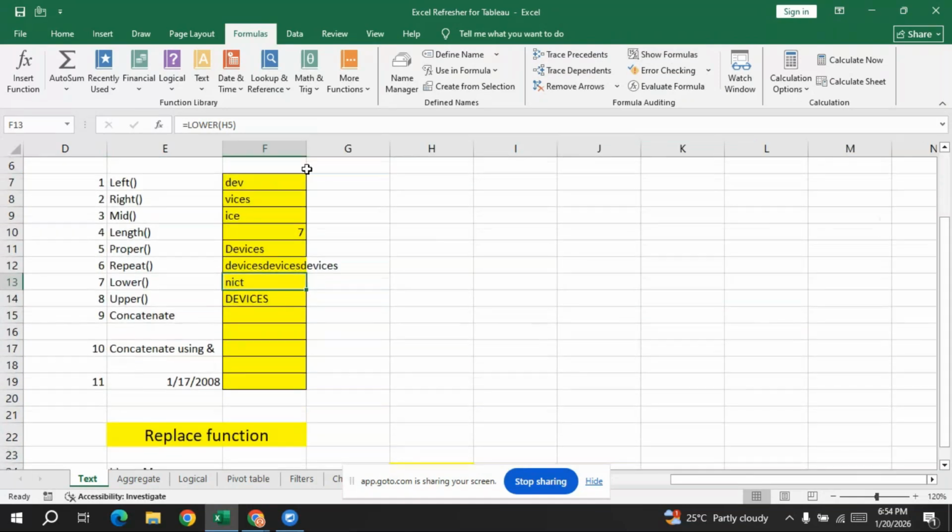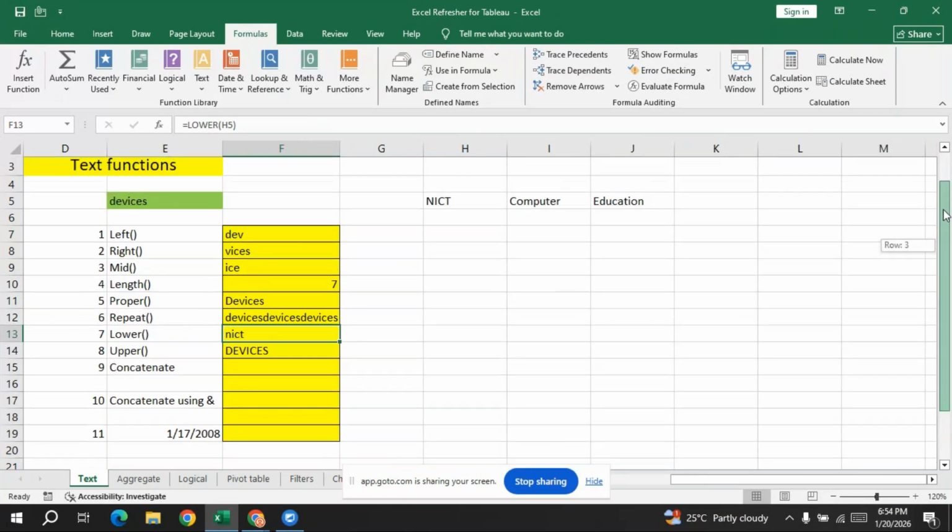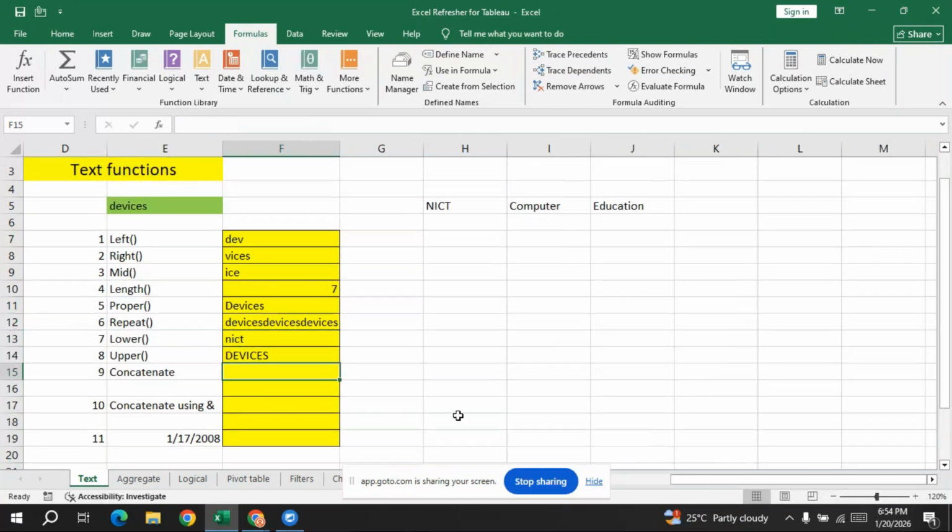Okay. Next, if you see, we have CONCATENATE. Concatenate means when I wanted to combine the text string. Say here we have NICT in one cell, computer in one cell, and education in one cell. I wanted to put all these three different cell text strings into one text string. So then I'll put